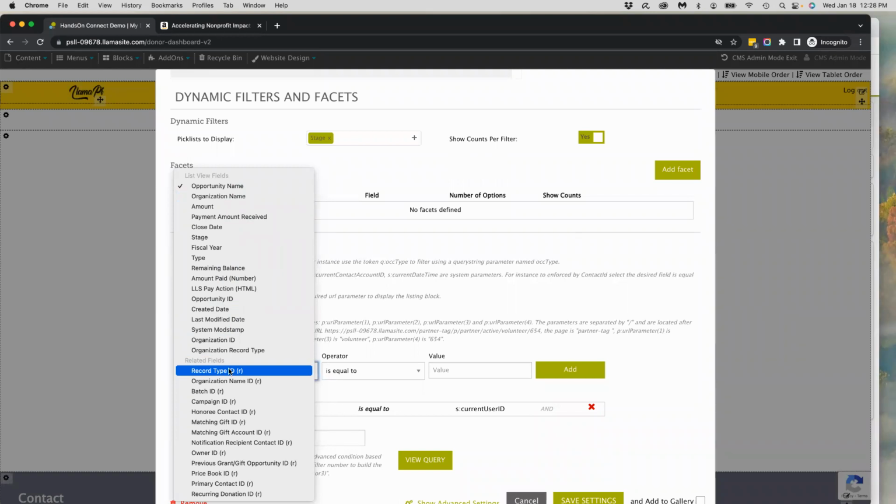So related fields is any lookup or any master detail. And I know I'm using Salesforce terms here. So it's basically any relationship this record has. Remember, these are opportunities. So the opportunity is going to be related to an organization. It's going to be related to a campaign, honorary contact. So these are all your lookups or master detail fields that basically relate this